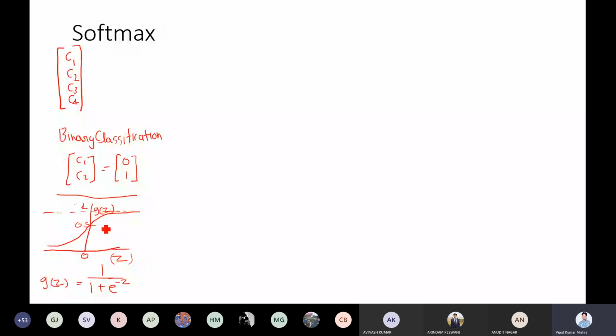How does it work very well? You can put a threshold, and whatever is more than that, you can simply say it represents 1. Whatever is 0.5 or more is 1, and whatever is less than that is 0. So the sigmoid function is very good for binary classification. But in multi-class classification, like this situation, we cannot use sigmoid. In that case we require a different function, which is known as softmax.